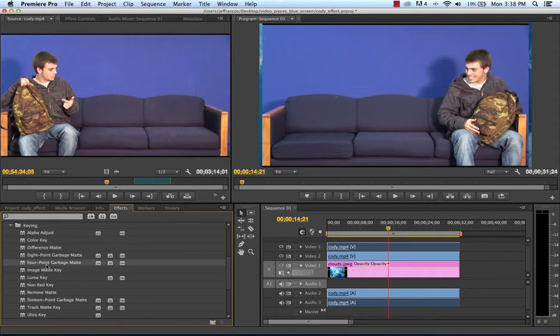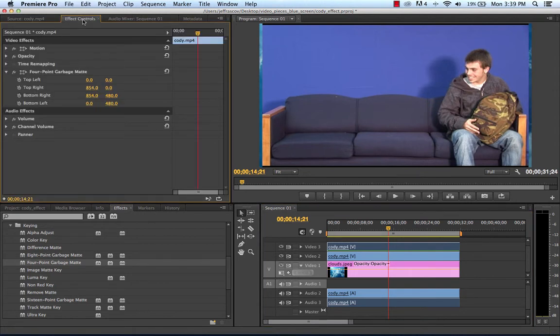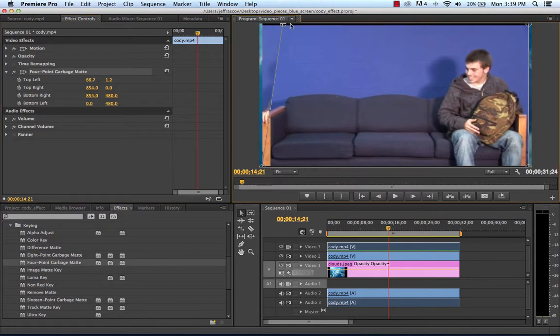A 4-point garbage matte is fine because all I want to do is cut out some of the edge. So I'm going to drag that on top of the one Cody clip, which is the one where he's on this side over here. So once I drag it on top of the clip, I'm going to go to the effects control window over here, and I'm going to grab the box that says garbage matte right here. Just select it right there. Once you select the box, you notice you get your little handles in the preview window, little dots along the sides here. Now, all I need to do is simply move it over,